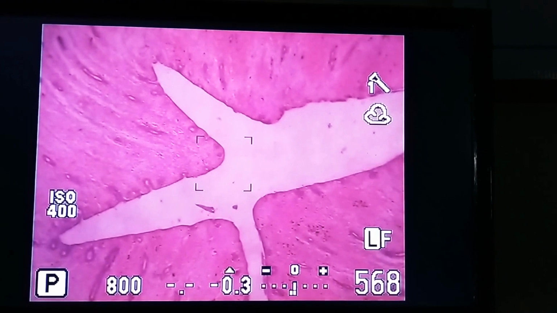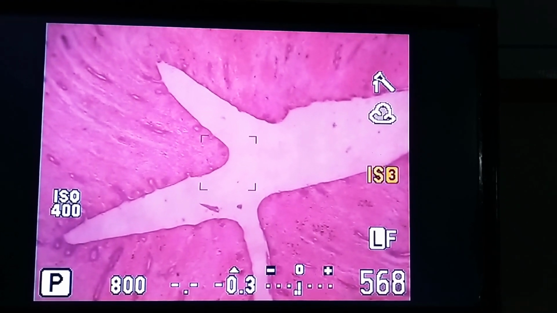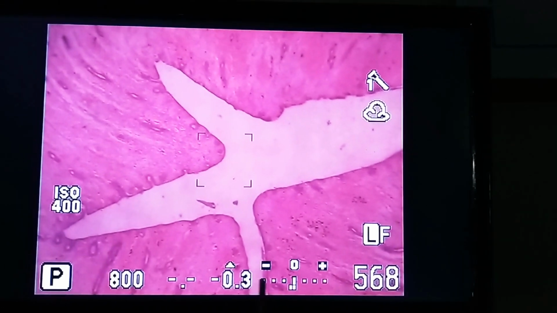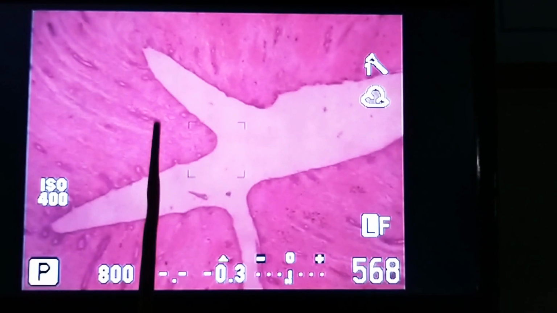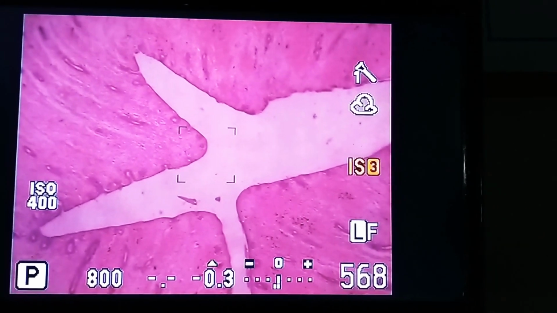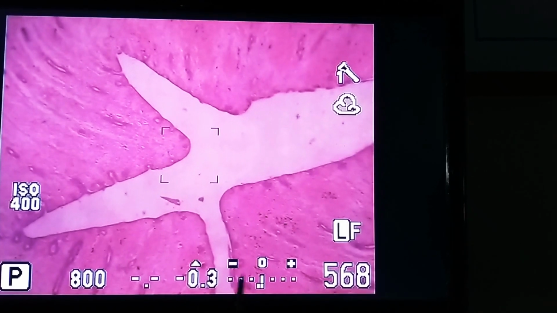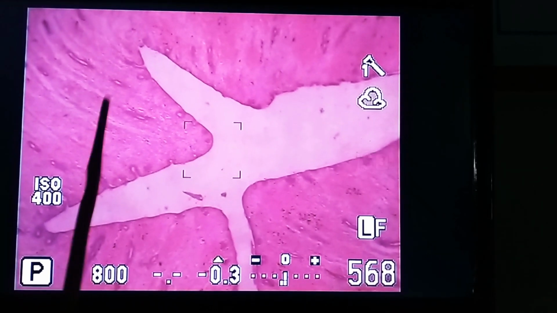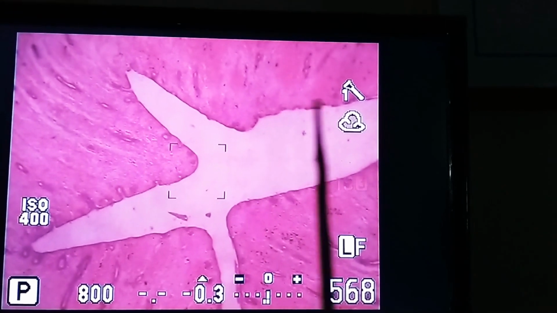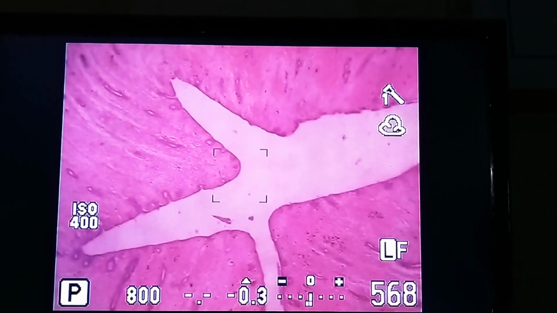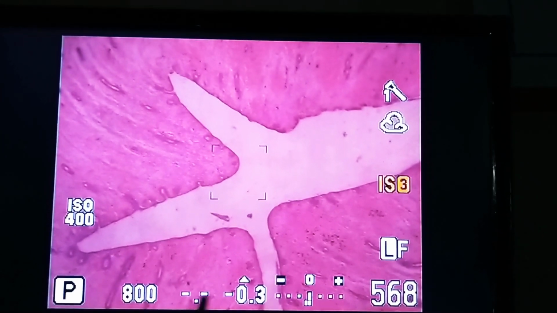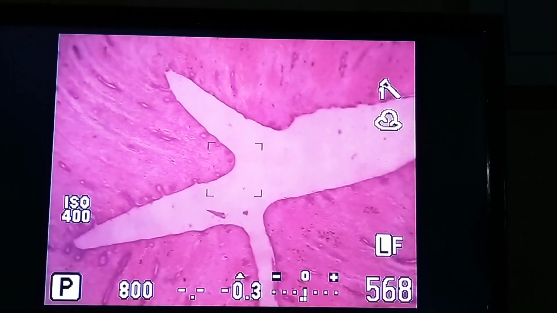Okay. So here what you can see is the lumen or the cavity of the uterus. As soon as you focus, usually you see a star shaped or any shape. Here you can see four sides. So the cavity will be seen and you will be seeing some hillock like shape like this. So this is one of the identifying features. Every slide will have a specific identification feature, as I told you before also.